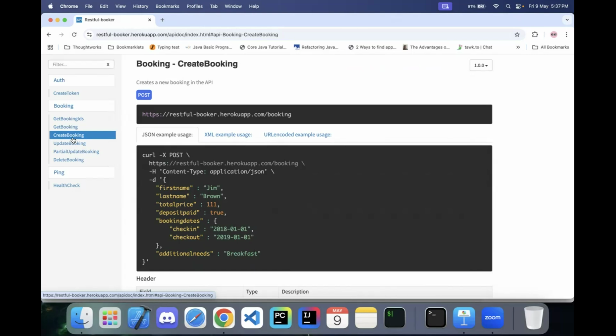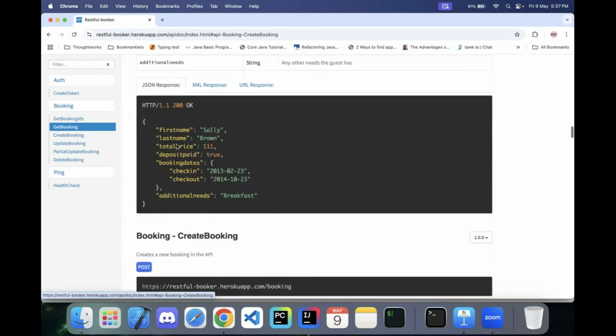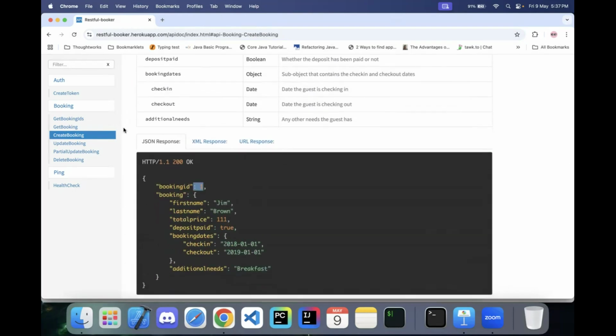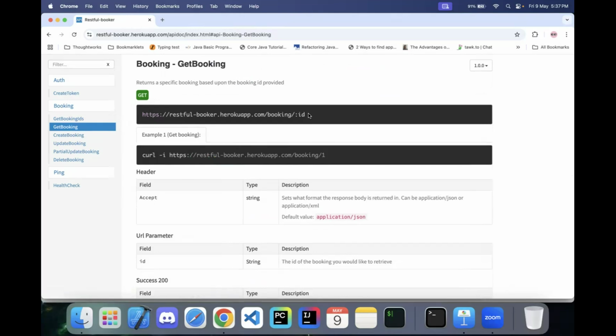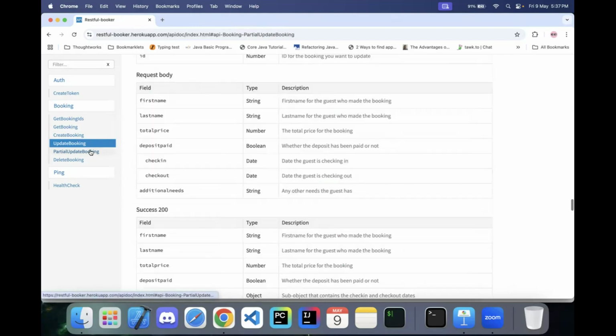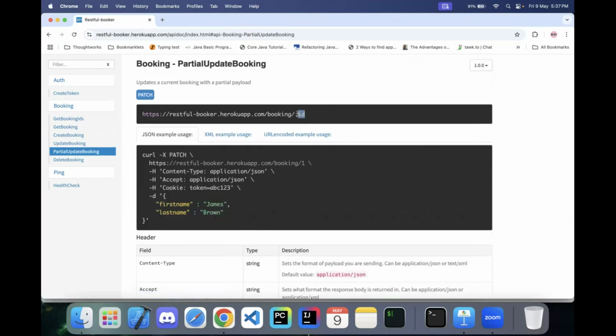like creating a new booking using the create booking API, then fetching the newly added booking using the get booking API. As you can see, the create booking API, in the response, gives us a booking ID. The same booking ID can be used in the get booking API to fetch that newly created booking. Next, we can use the same ID to update the same booking. Again, we can update the booking that is already created by using the same booking ID. And finally, we can check